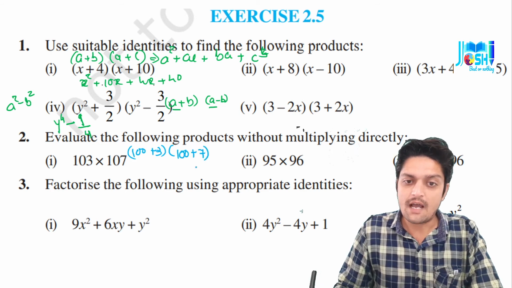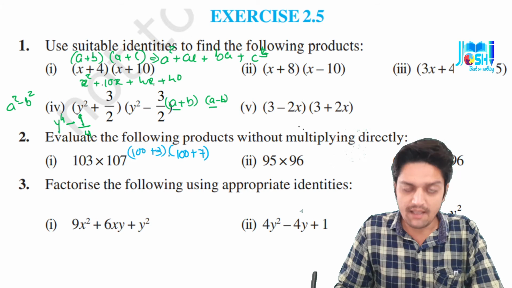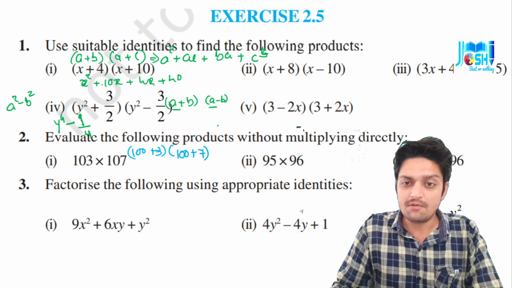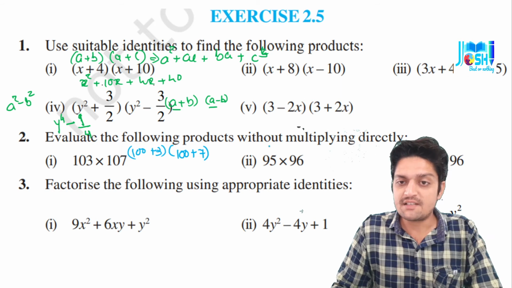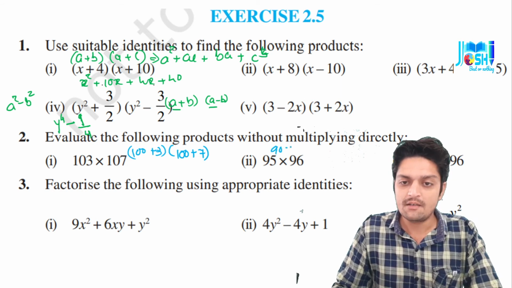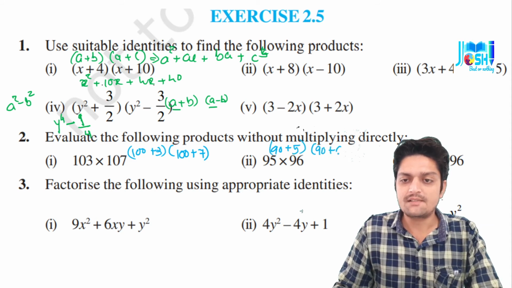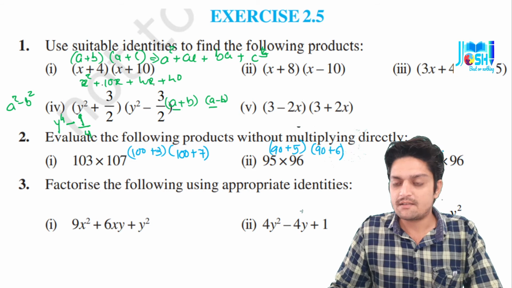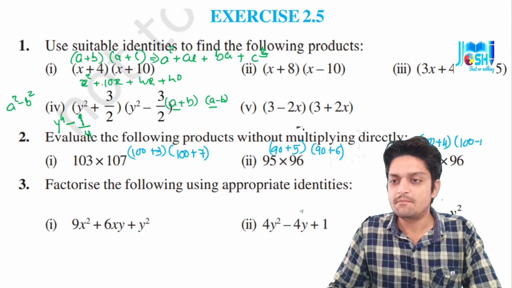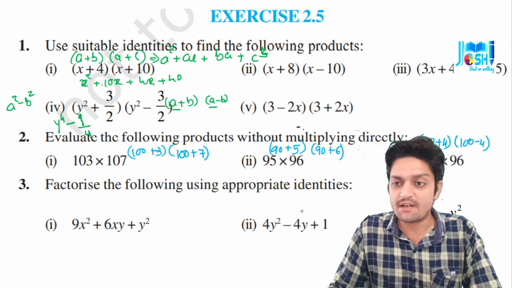Now you have to multiply these things, you have to expand these things, like we have done above. Now here 95 plus 96, same only: 90 plus 5 and 90 plus 6. And here what you can do, 100 plus 4 and 100 minus 4, because 100 plus 4 is 104 and 100 minus 4 is